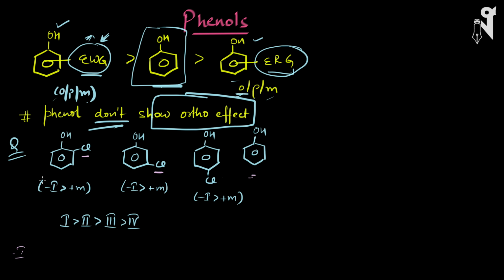So here in all the cases -I will be more effective, and hence we will be treating chlorine as an electron withdrawing group. With the Cl on the ortho position, it is closest to the OH, and hence the most electron withdrawing effect will be applicable over here, then meta, then para, and least in the case of phenol, because there is no electron withdrawing group present on the normal phenol. So the acidic order will be first, second, third and fourth. The closer the electron withdrawing group is, the better the acidic strength. Easily H plus will be out from the system.